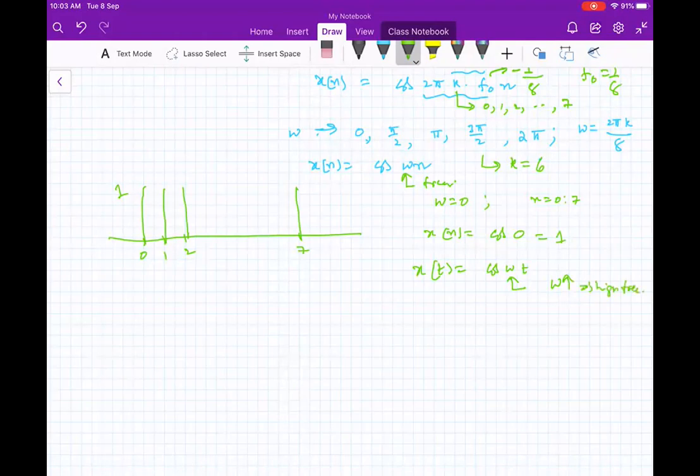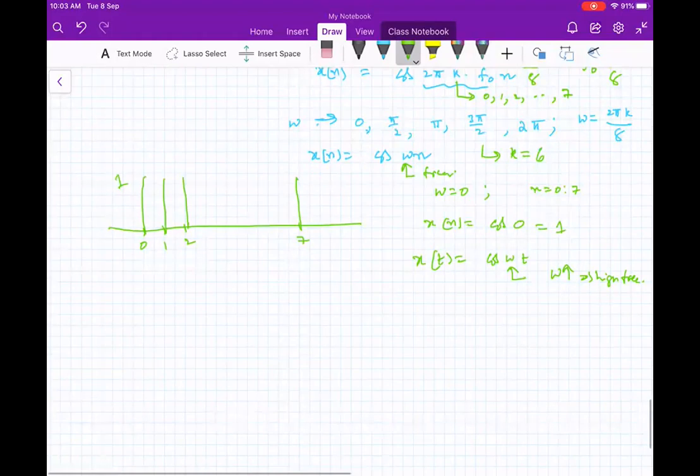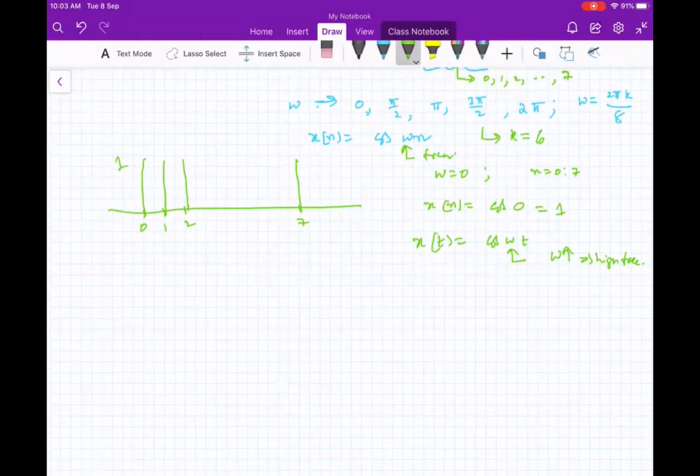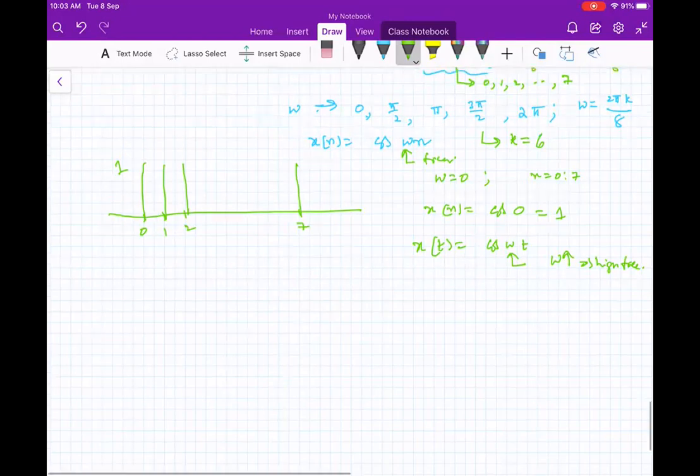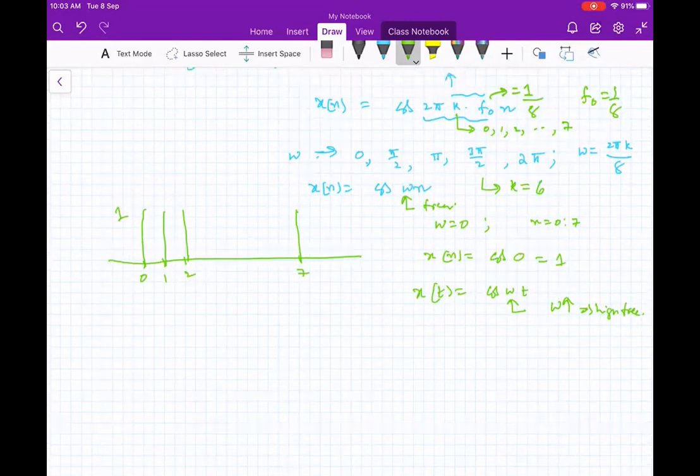This is very clear in continuous time signals. But in discrete signals, I am saying that it will not be like that, because discrete signals repeat after every 2 pi. So omega equal to 0 and omega equal to 2 pi are in some sense equivalent. You can see later. If I consider cos omega n, omega equal to 0 and omega equal to 2 pi are equivalent. Again 4 pi it is equivalent. So it will not exactly follow the same trend as the continuous time signals.